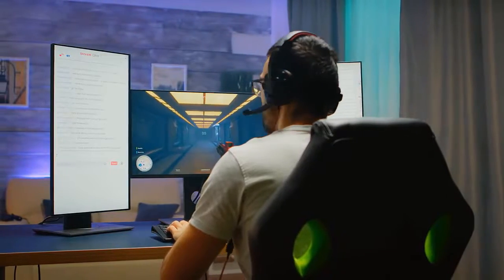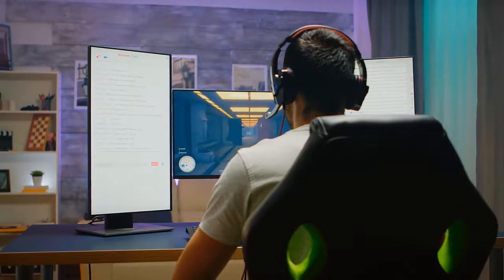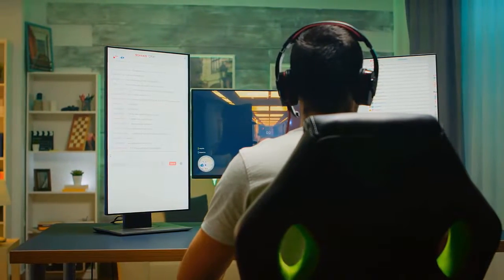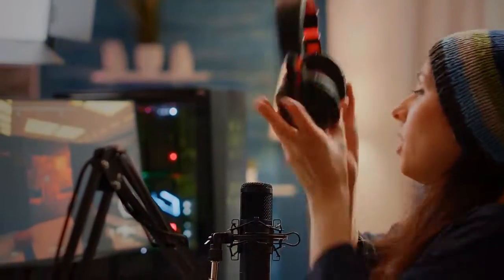Any monitor can display your games, but a gaming monitor will enhance the experience with brighter, more vibrant color and a high refresh rate for smooth gameplay in fast-paced titles. You don't need to clean out your wallet, either. The very best gaming monitors are expensive, but budget models are surprisingly capable, providing similar results at a drastically lower